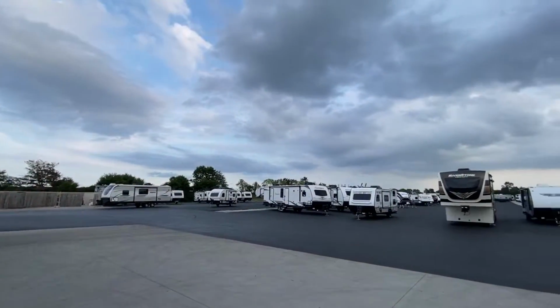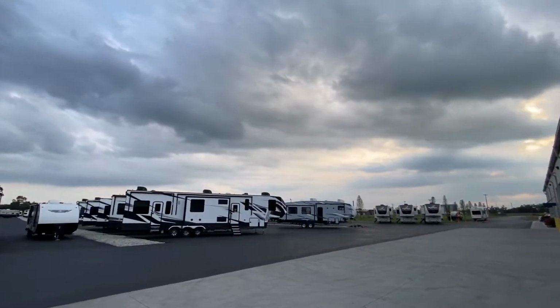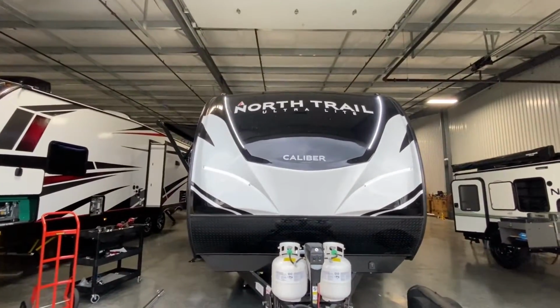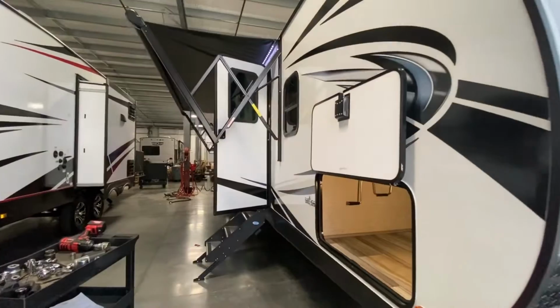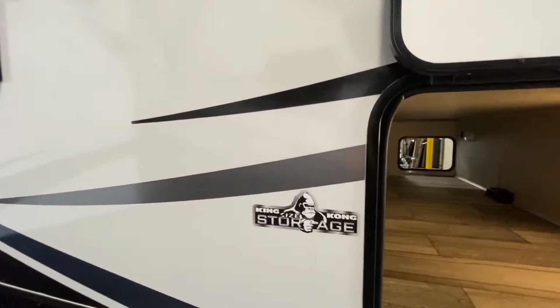Alright guys, just wanted to start off right before we get into the camper, just show you what a beautiful night we are working with. Hope you are having a wonderful day. Again, it's the 2021 North Trail Ultralight Caliber Edition 31 BHDD. This thing comes chock full with a bunch of features, and first and foremost, it is the King Kong size storage,